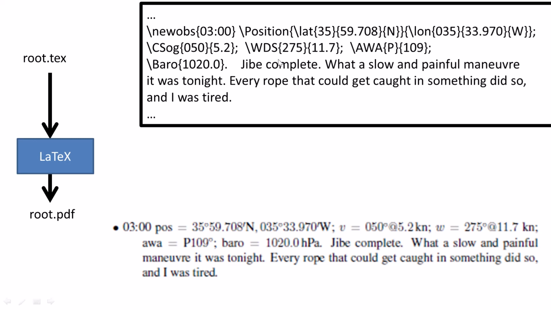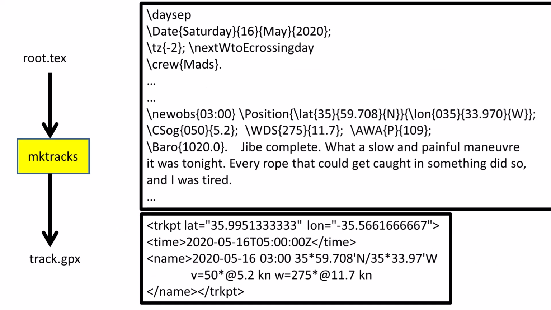And so on. You see that all of this data is recognizable because it's parameters of control sequences that are specific for logbooks. And that's why other programs can also find these data and do interesting stuff with it, like producing maps or tables about frontal passages. So, for example,